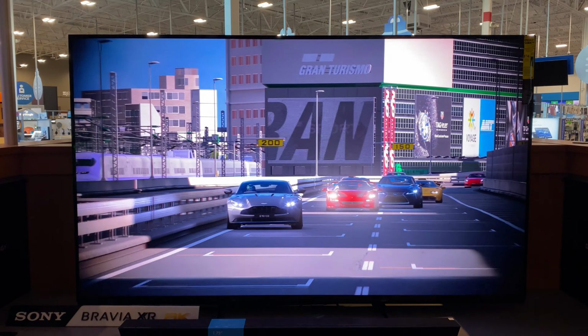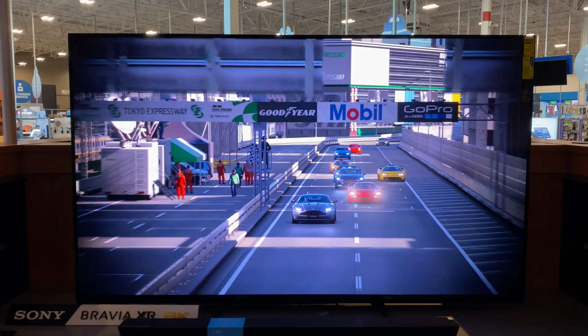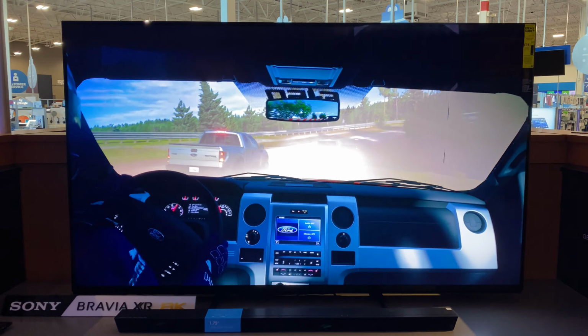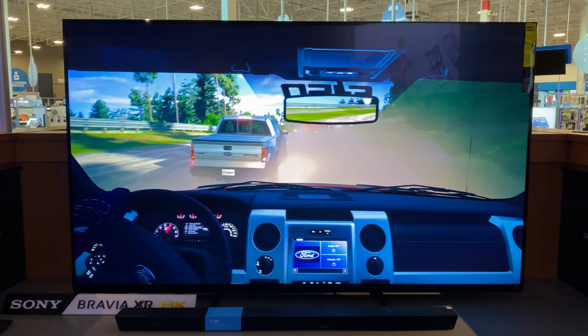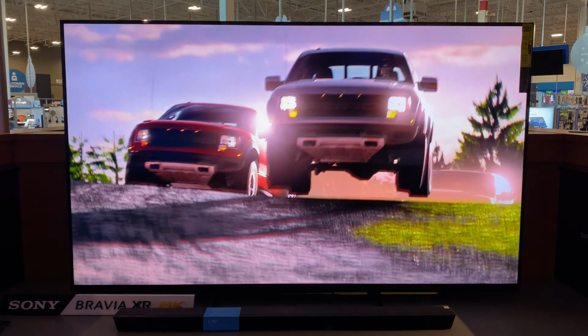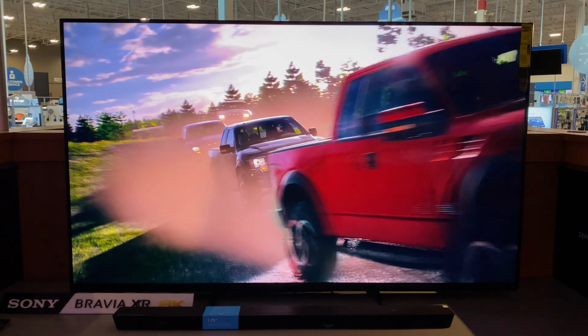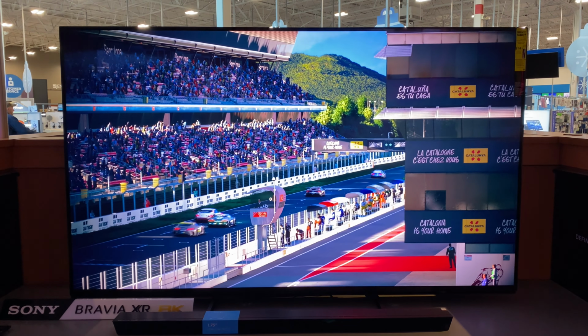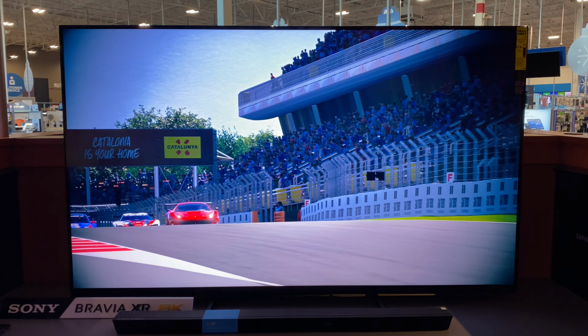And just looking at the demos that they were playing, this seemed like a really good TV. For people who are not really into OLED TVs, thinking they're not bright enough, this Sony Z9J is definitely a really good contender. The only drawback that I could possibly see is the price. Even though the price went down to $6,500 for the 75-inch, which is way better than the $8,000